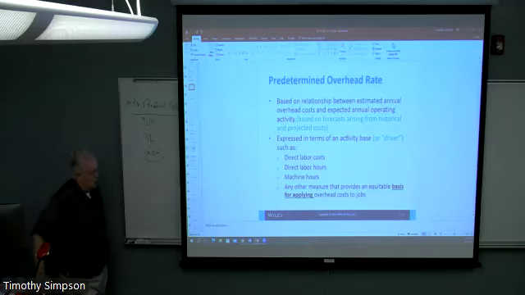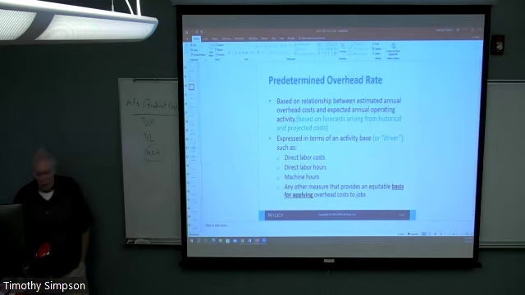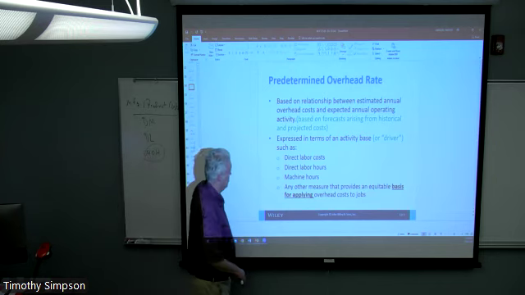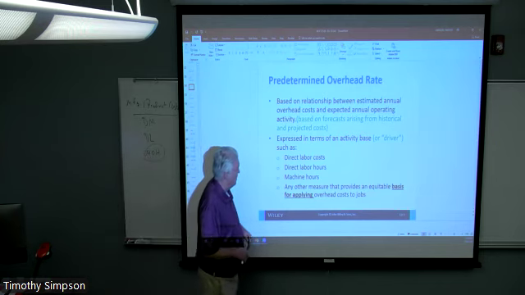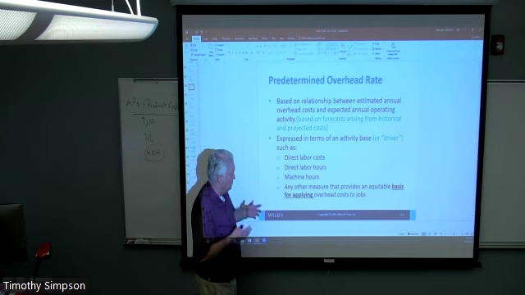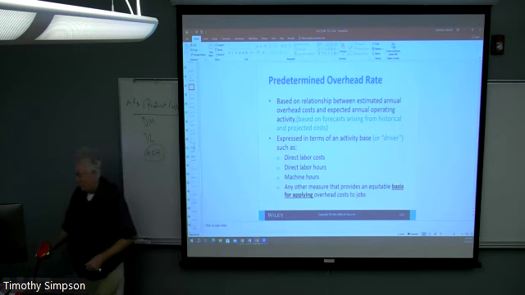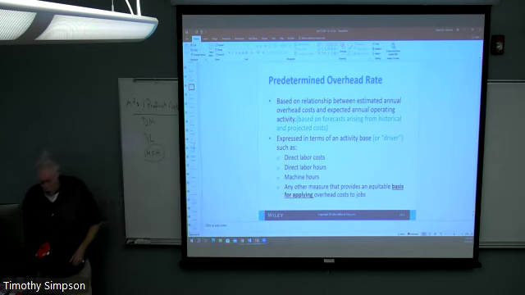But even in a manufacturing context, labor is oftentimes used, and certainly in the service sector, we're going to see that. One of the reasons that service sectors are so easily associated with labor is it's far and away the biggest cost in most cases for service. That is, companies that don't deal with inventory, they just deal with the service. Labor is the big cost, and therefore is a logical driver for associating overhead.